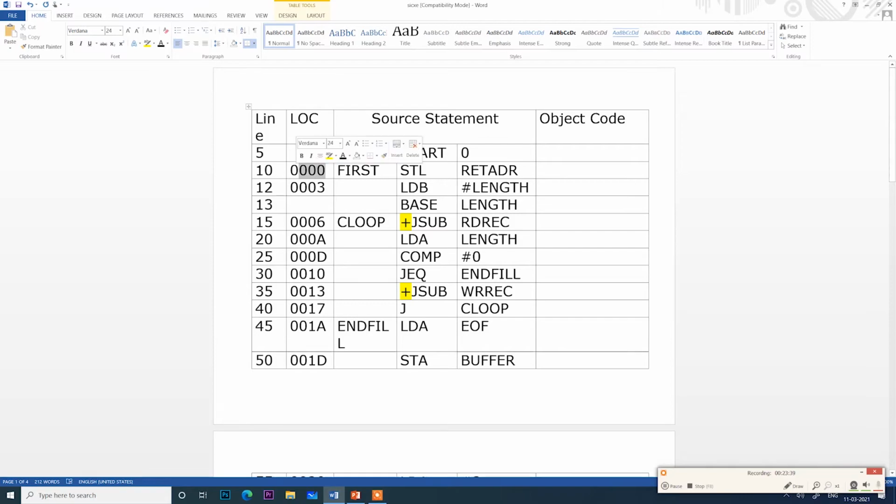The first one is the first instruction STL RETADR, and the opcode for STL is 14, and the RETADR value is present in 0030. This instruction is in the location 00, so the program counter value will be 0003.